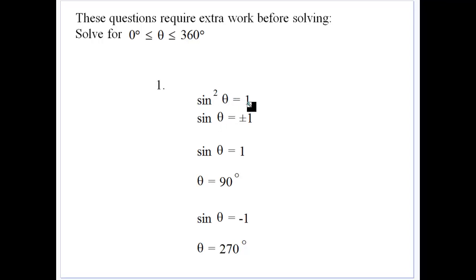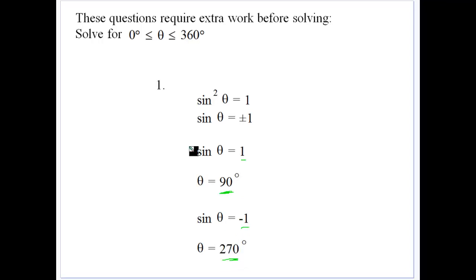If you take the square root of 1 though, you get plus or minus 1, because plus 1 all squared gives us 1 and minus 1 all squared gives us 1. So we come to the situation where sine theta could equal 1 or it could equal minus 1. So we have two situations there. Well, we know where sine theta is equal to 1 is 90 degrees, and sine theta is equal to minus